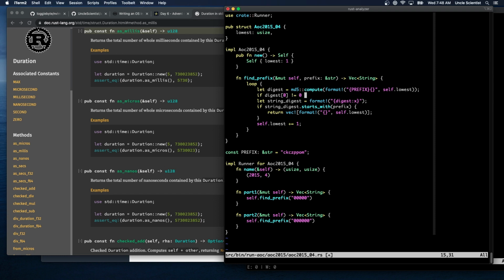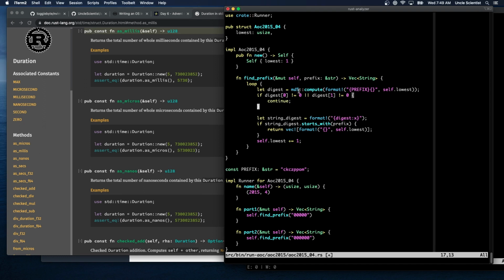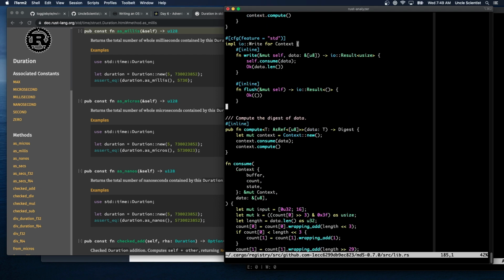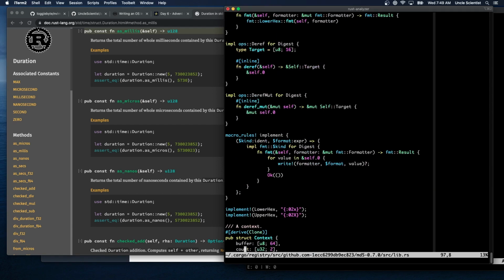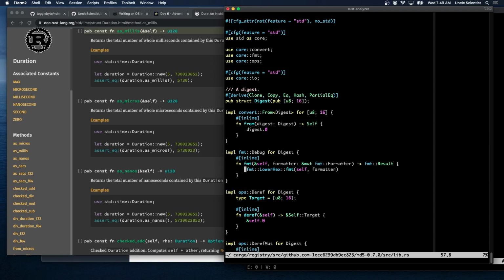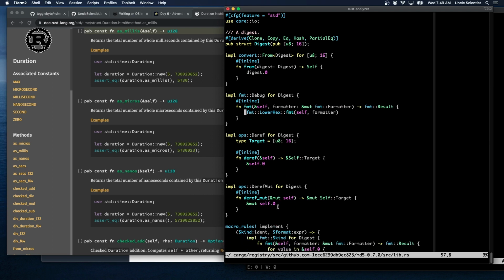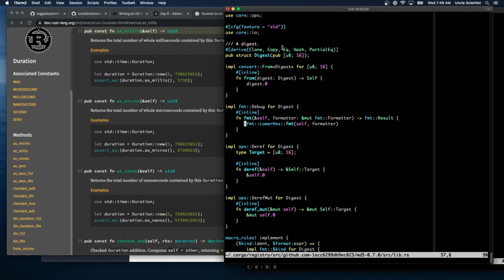Oh, we can say if it's not 0, or digest of 1 is not equal to 0, then continue. And then fix that typo. So here's what I'm thinking: the digest itself, let's take a look at that. I was looking at this earlier. The digest itself is just an array of U8s. So we can look at each individual byte of the digest and implement a deref and a deref mut for it. So we can access the digest directly with the square brackets and see